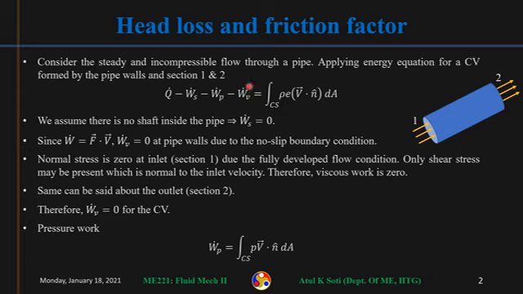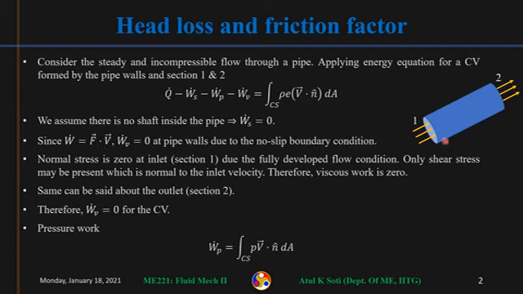Now this will be done at the control surfaces because this force is surface force. So we need to consider all the surfaces of the control volume, and calculate dot product of viscous force and fluid velocity. Okay, so that is easy. One surface of the control volume is this pipe wall, and at the pipe wall the fluid velocity will be zero due to no slip boundary condition. So there the viscous work will be zero because fluid velocity is zero.